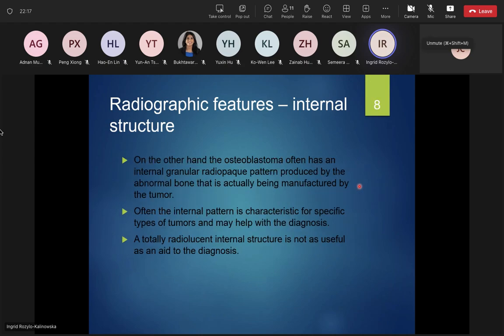For example, osteoblastoma, which is rare, often has an internal granular appearance, a radiopaque pattern produced by abnormal bone which is produced by the tumor, but on the other hand, the name of the tumor also means bone producing. And in fact, the tumors which are radiopaque completely or partly,